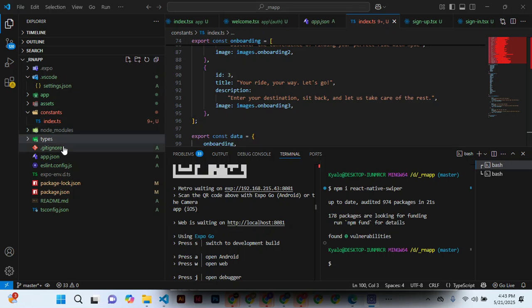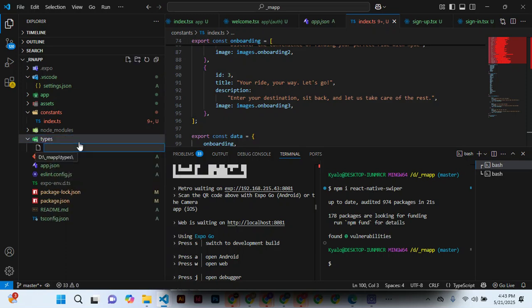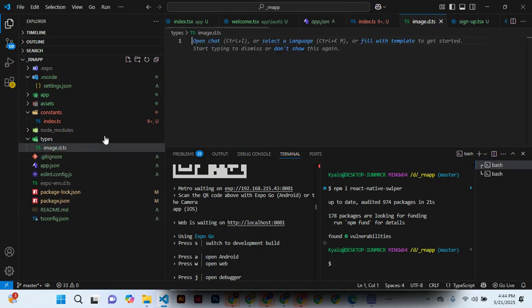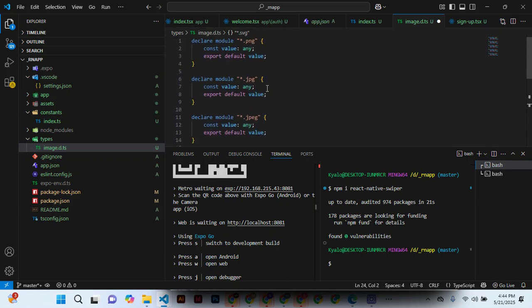All right. Let's say we have types here. These types we can have. What can we have here? Images, image.d.ts, and also we can paste the images right here in the types,